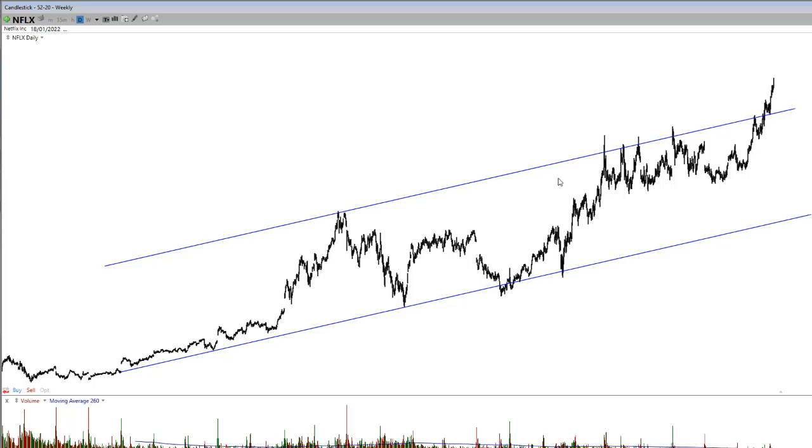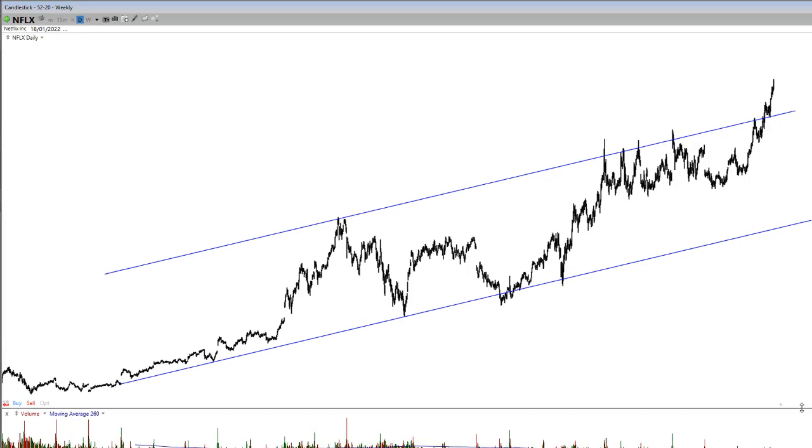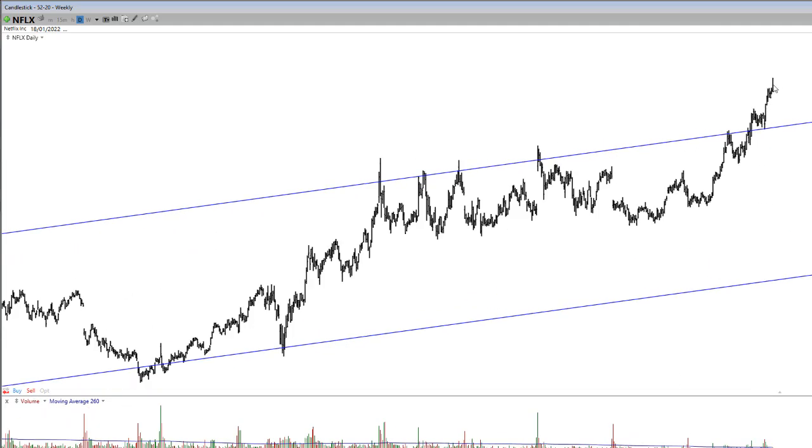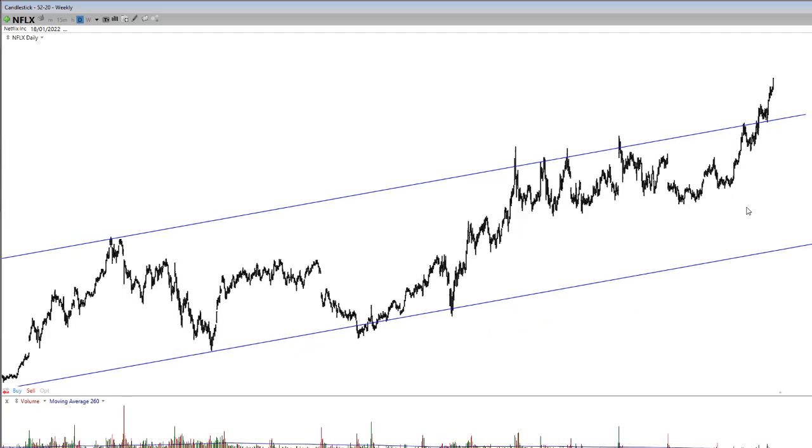So if I do the same analysis to where we are right now, then what's going on right now with Netflix? Now, I'm not actually in Netflix. I did actually have a short-term trade here on Netflix, so it was actually a beautiful, nice short-term profit for me this week. Last week, should I say? It was right here on this move up, right? But look at this here, right?